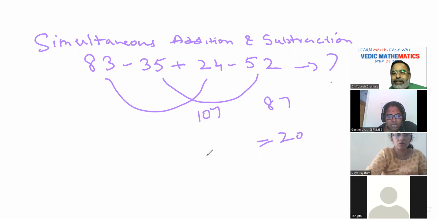Okay. I want less time than this. Sir, we can see 83, complement, we can take it as it has to be closer to 90, right? So we have to make it into zeros. So 35 will be closer to 40. 24, 52 will be closer to 60. And then we take those and then add them together. Ma'am, I have given you just 4 numbers. If it is 10 numbers, then